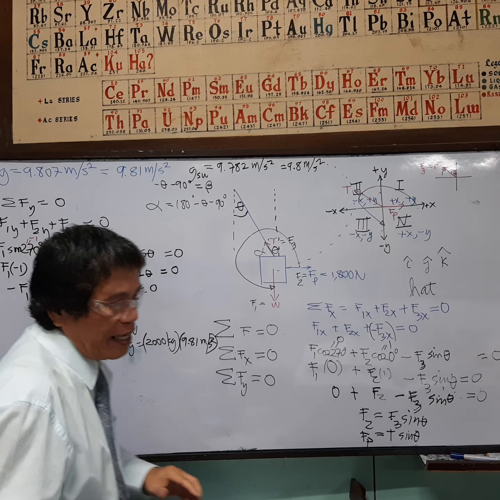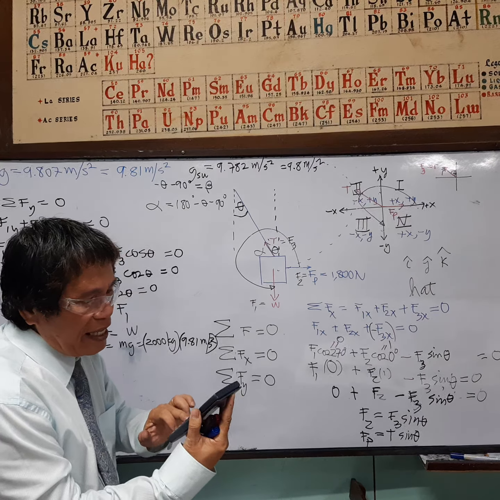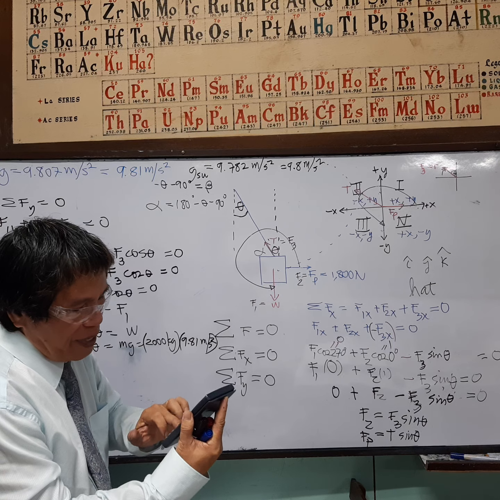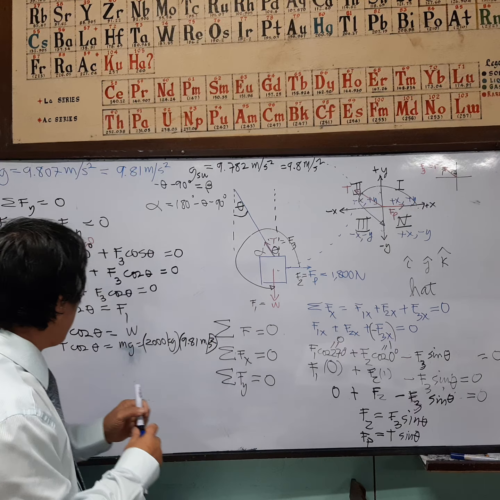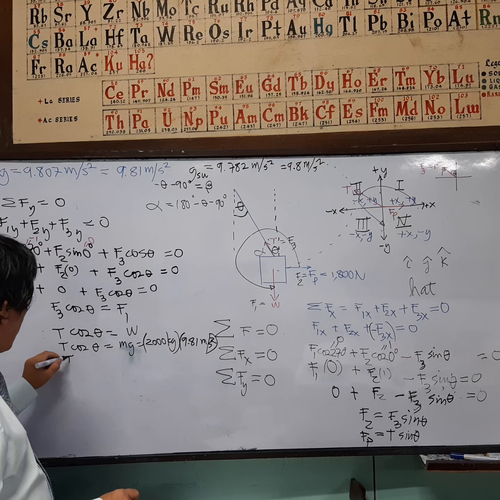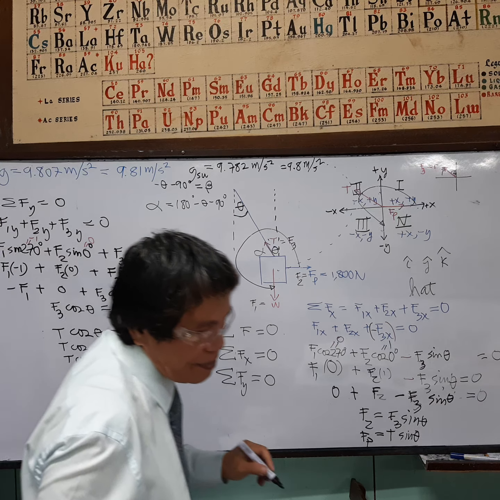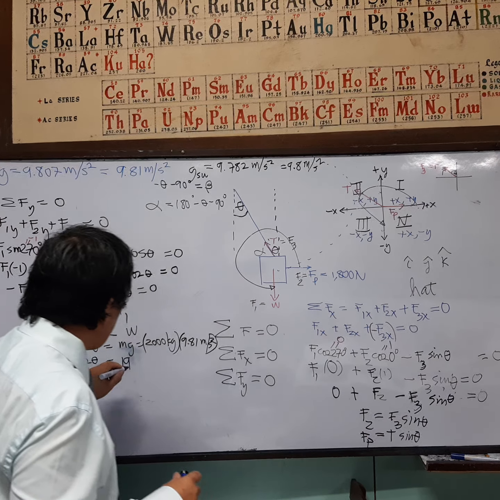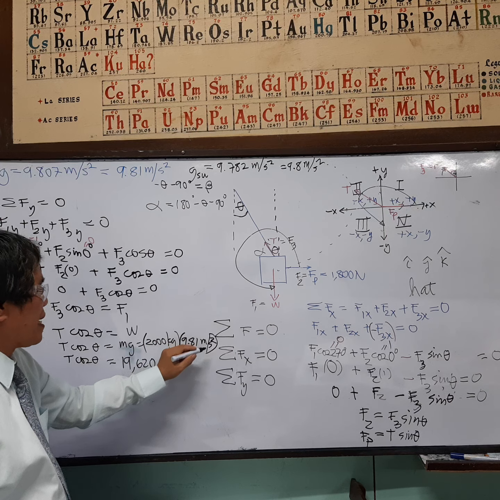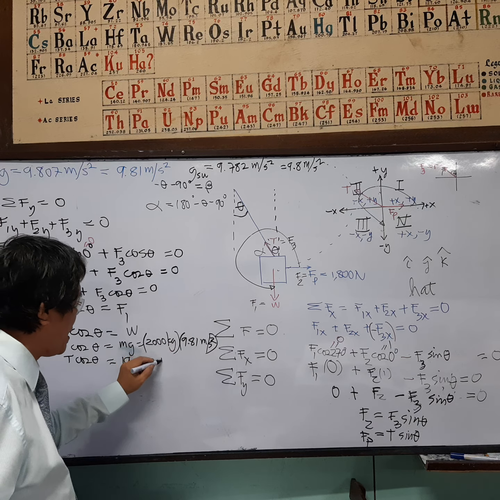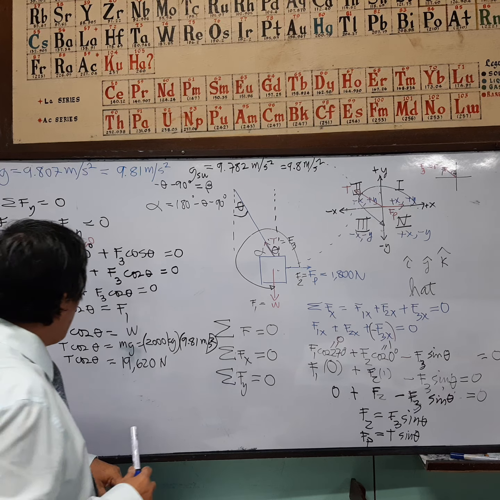So, the answer here, I will use the calculator: 2,000 times 9.81 equals 19,620. The answer here, T cosine theta equals 19,620 kilogram meter per second squared. Kilogram meter per second squared is newtons. So this one. Now,